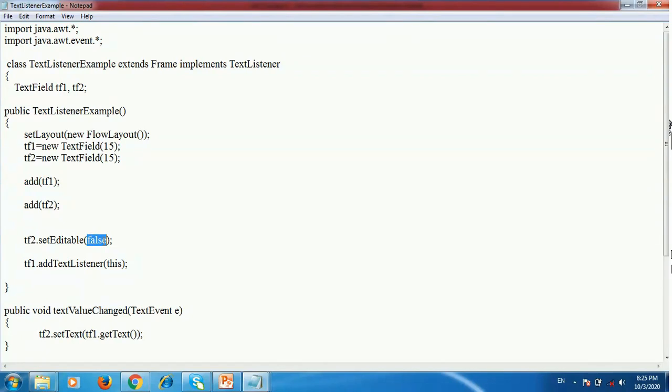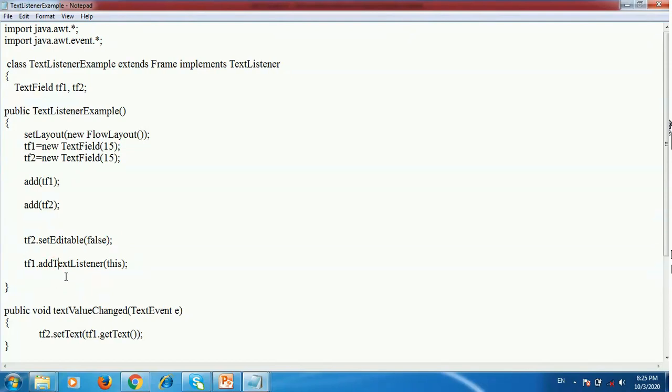If it is true, then text field 2 is editable. So the setEditable method is used to provide the authority to edit the text field or not. And setEditable takes a boolean value, true or false. True means the particular text field is editable, and false means the text field is not editable.